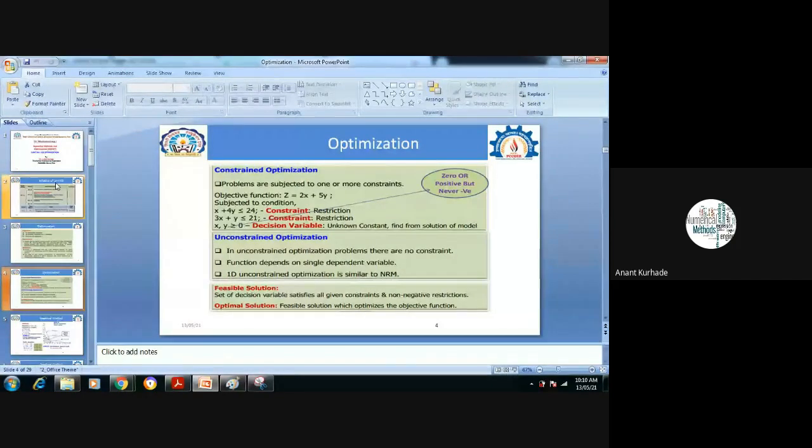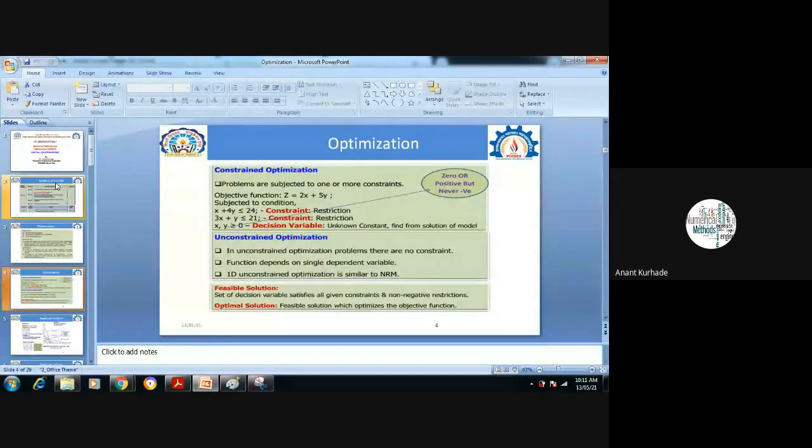Yesterday I posted two files. Just go through those files, and the second last problem from file number 2, image number 2, we have to formulate as an LPP. Just try it. It's very simple. Again, you must know what is meant by each term. Objective function means the aim or purpose, that is maximum or minimum. Then we have the conditions, which are called constraints or restrictions. And another most important parameter is the decision variable. These decision variables are numbers, and they are always zero or more than zero, not negative.